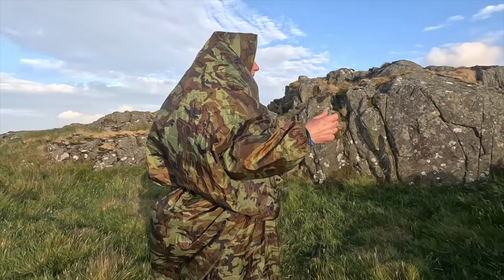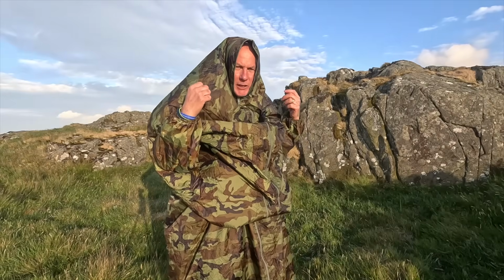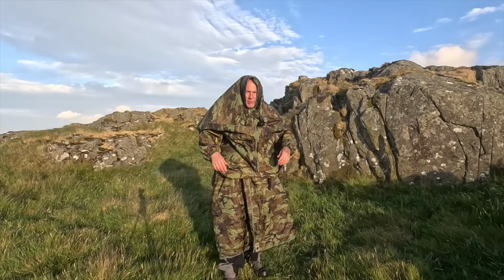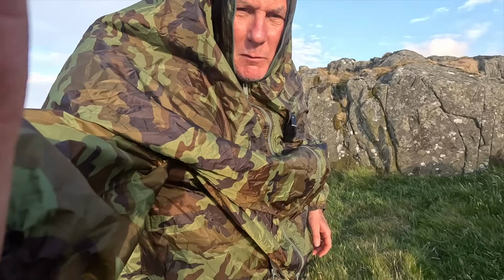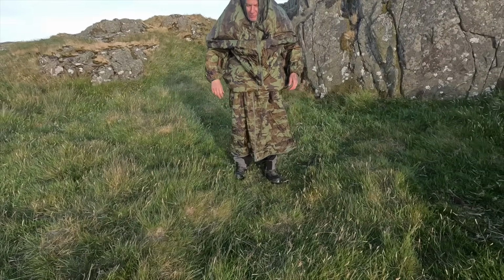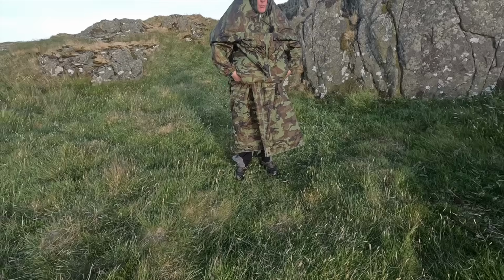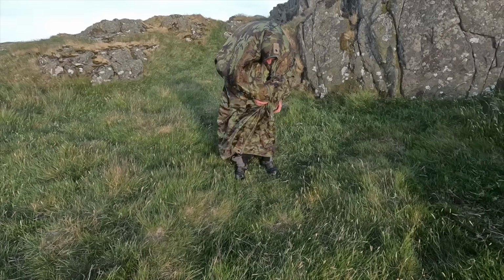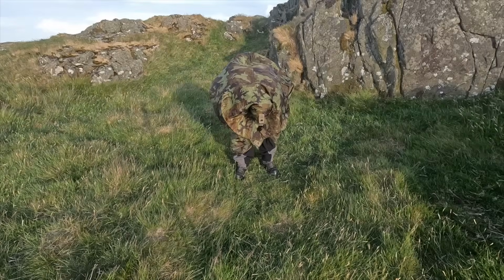Plus it's that big, you can put your backpack on and then put it on, and your backpack stays underneath it as well. I'll just tip my camera down a little bit, but this is what I'm sleeping in tonight. So as you can see, I haven't got it right the way down to the ground, but like normal ponchos, they don't do it, but then you can just adjust it once you've got it in the bag. And I suppose what you could do as well is, if you get the zip from the back end,